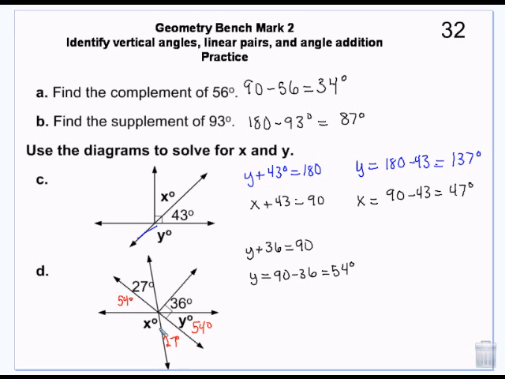Now, I know I can add up these three and make a straight line, right? So x plus 54 plus 27 will equal 180. So to find x, I have to do 180 minus 54 minus 27. 99. Yeah? Okay, so x would be 99. And that's how you're going to do these assignments. So what I'd like you to do for homework